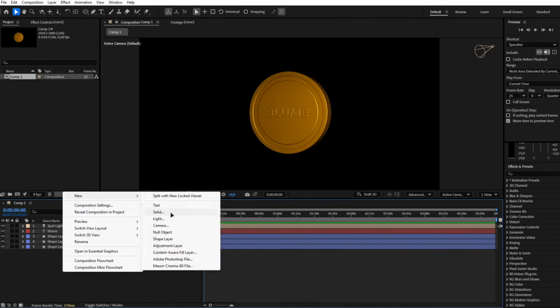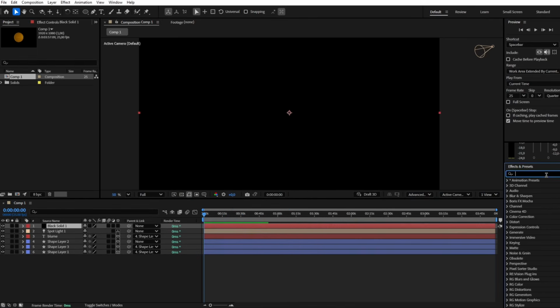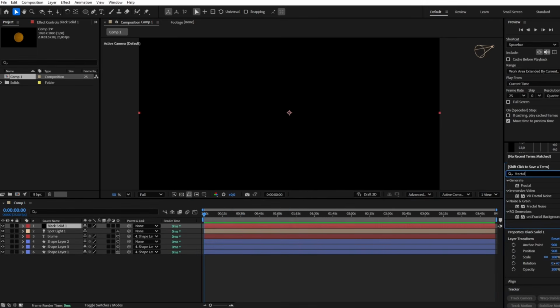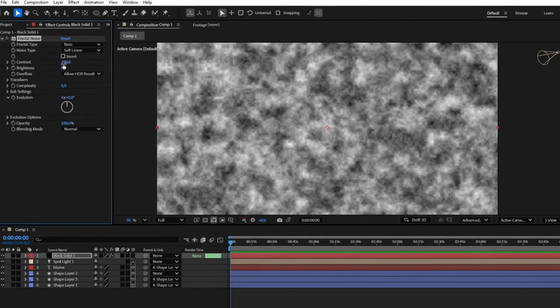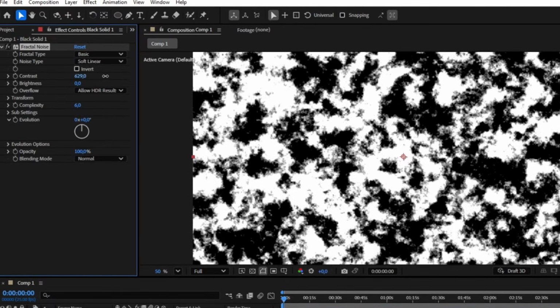Next, create a solid and apply fractal noise to it. Set parameters similar to ours.